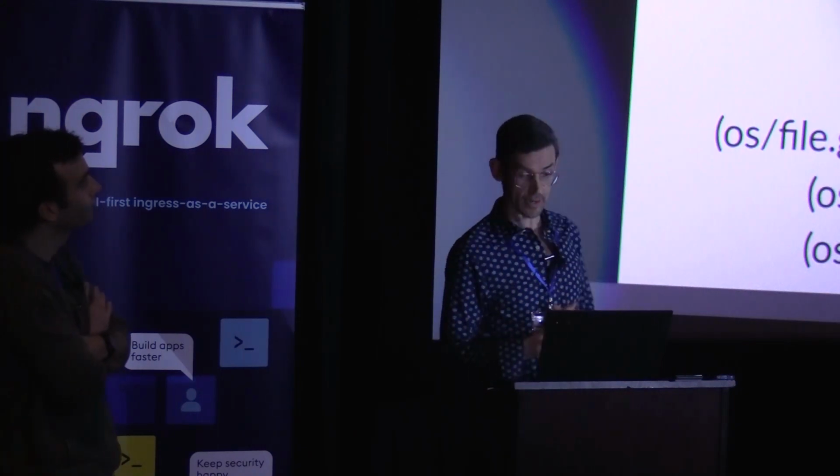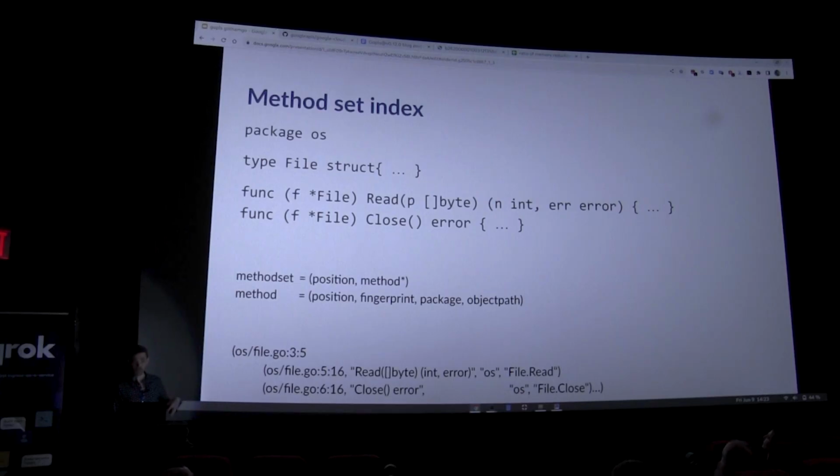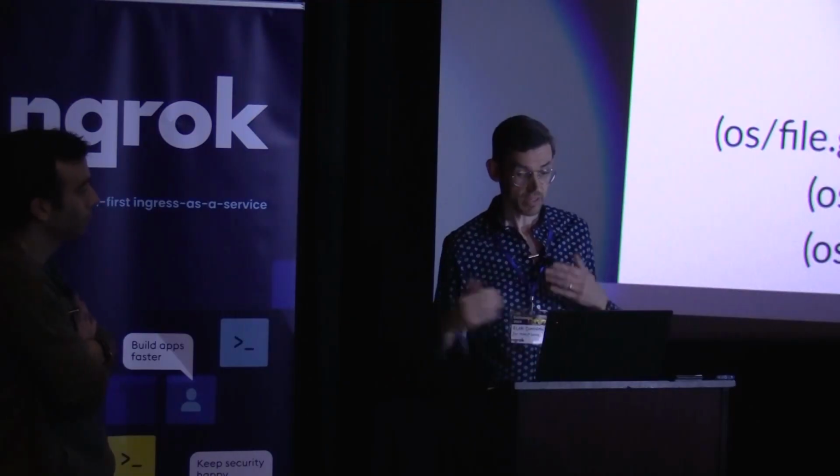So I'm going to show you another one now. So that was the reference index. This one is the method set index. As you all know, in Go, there's no explicit relationship between a concrete type and the interface that it implements. So any type that has a String method is a fmt.Stringer, and any type with a Read method is an io.Reader. So when you ask your editor which concrete types satisfy this interface, or the inverse question, which